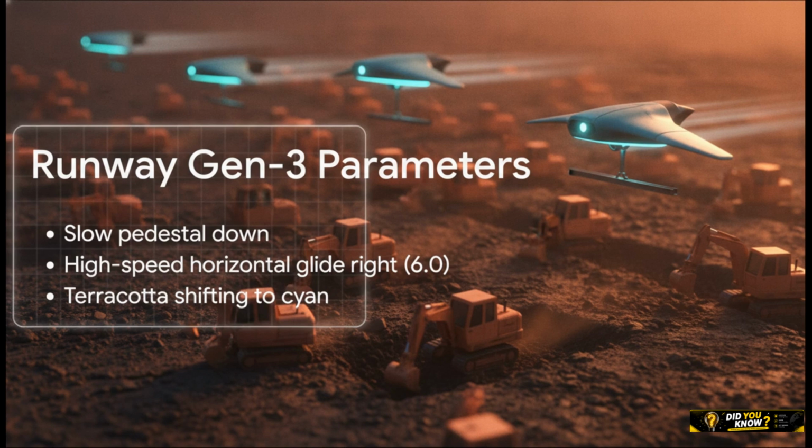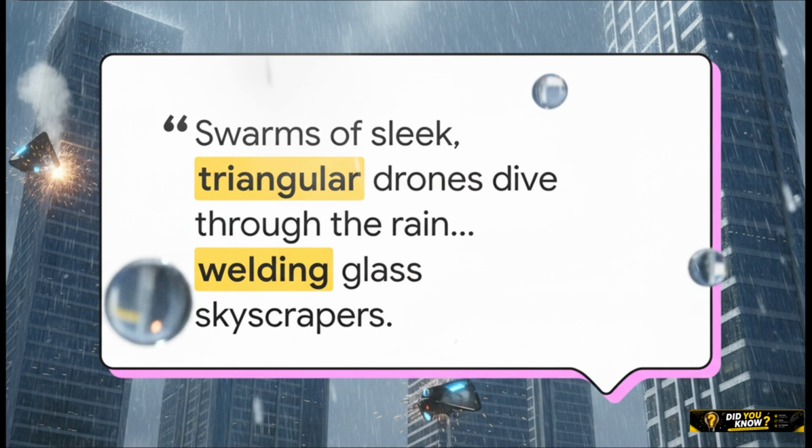For this heavy lifting phase, the production pipeline switches over to Runway Gen 3 Alpha to take advantage of its advanced camera controls. The prompt parameters dictate a slow pedestal down, shifting into a high-speed horizontal glide right, and boom, we see heavy industrial power. Thousands of miniature square excavators digging soil in terracotta morning light, followed immediately by aerodynamic wedges lifting raw steel. It's a total rush. But to absolutely guarantee that 65% retention metric we talked about, the creators throw in a